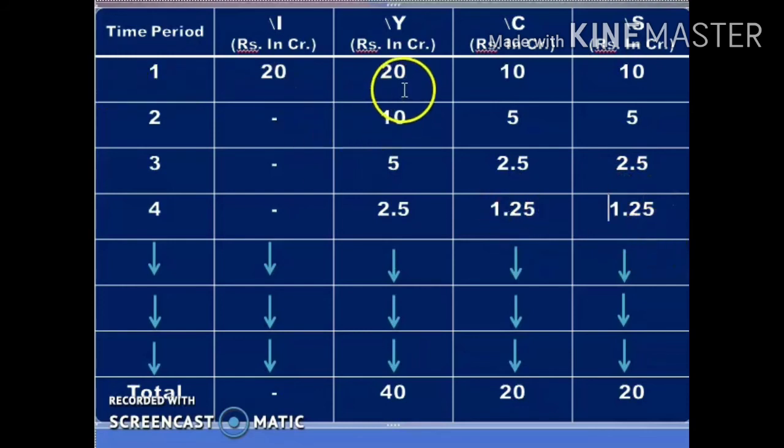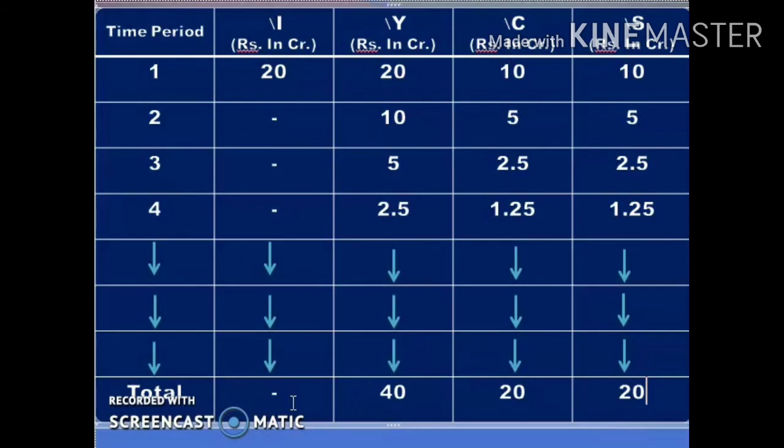So like that you can just find the total, which comes to 40. Then you can see at the level where it stops, it will be getting 20. Next, you can see savings is also 20. So both the change in consumption and the change in savings result in what? Change in income. And investment you will be getting as nil.